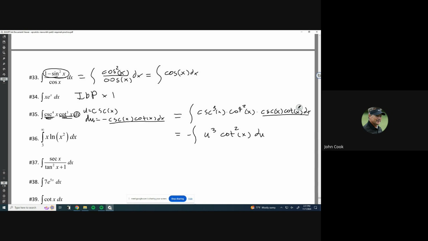Now, cotangent squared is part of an identity. So 1 plus cotangent squared of x is equal to cosecant squared of x. If I want to get cotangent by itself, I just subtract 1 from both sides. And that's what I'm going to replace in here, because cosecant, remember, is u. So cosecant squared minus 1 is the same thing as u squared minus 1. So cotangent squared is u squared minus 1, and that's what I would put in its place. Then I would just distribute that u to the third in there,